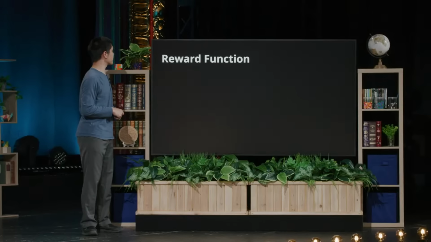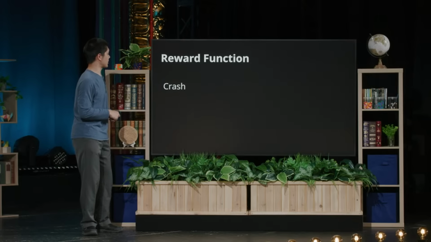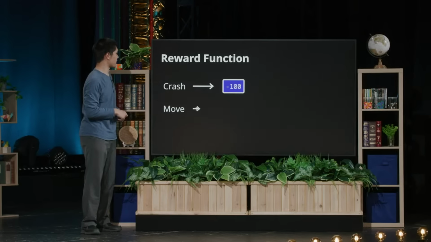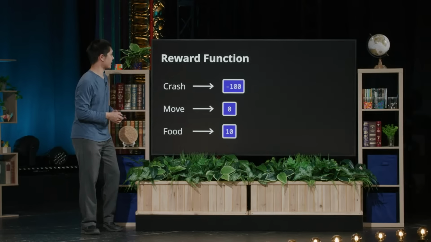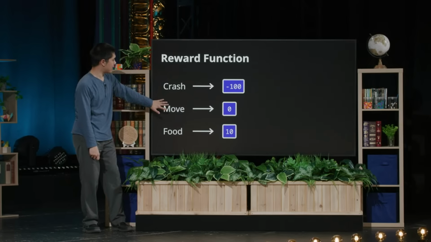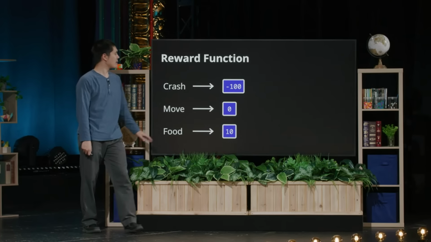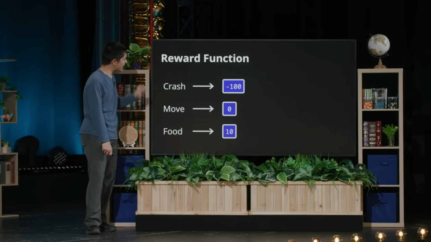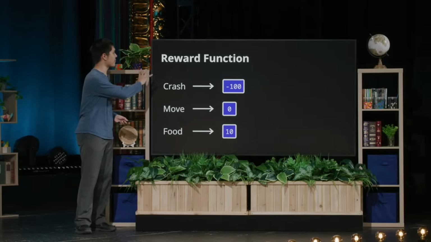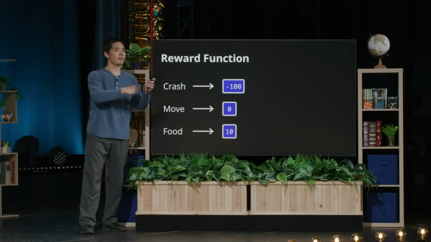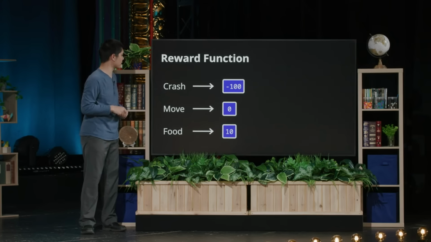And so again, what might we choose as the output for this reward function? Well, maybe crashing, we say that has a reward of -100. Moving, we said that has a reward of 0. And food, we said that had a reward of +10. And this is nicely ordered in the sense that the better options are at the bottom. We want the food. Then moving is still better than crashing in some sense. But again, I didn't have to choose these exact numbers, but I do have to be careful. Because the AI is going to try to maximize its reward. It's going to try and get as many of these reward points as it can by taking whatever actions it can in the state that it happens to find itself in.